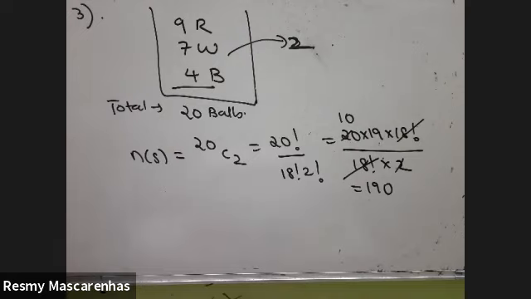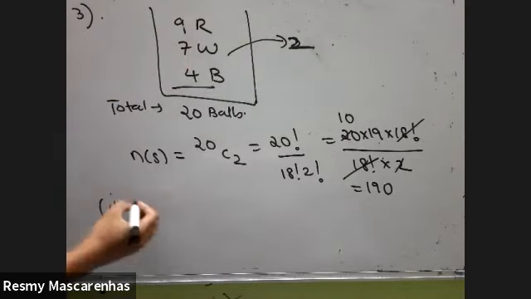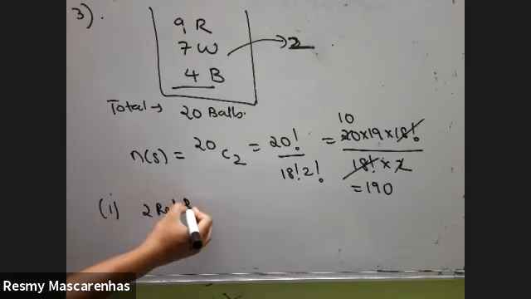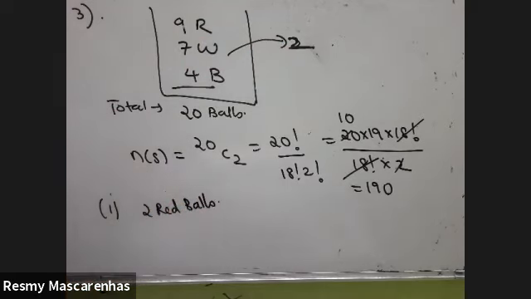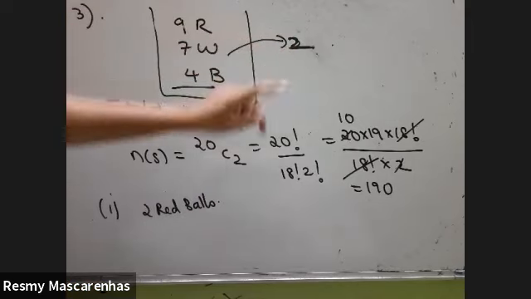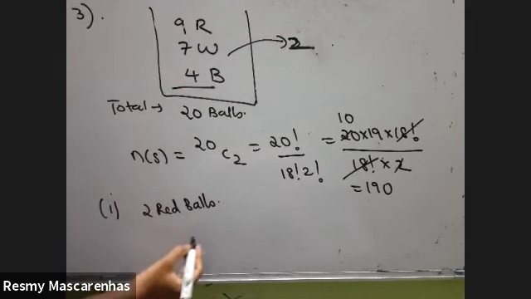Now we'll come to the conditions. The first condition says both the balls are red. Means the 2 balls should be red. So how many options are available? 9. And we have to pick only 2. So straight away the answer will be